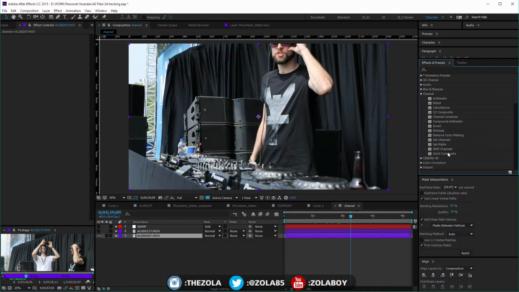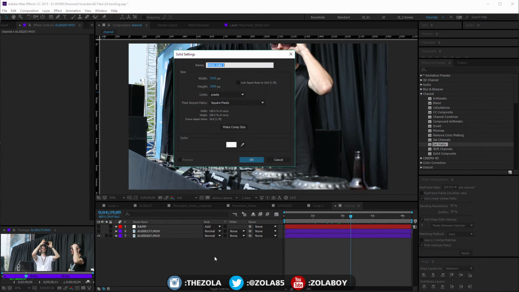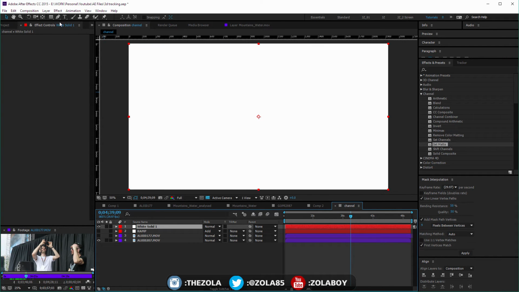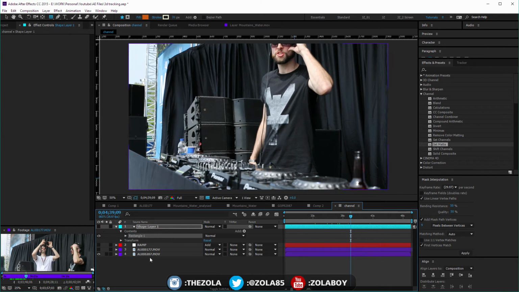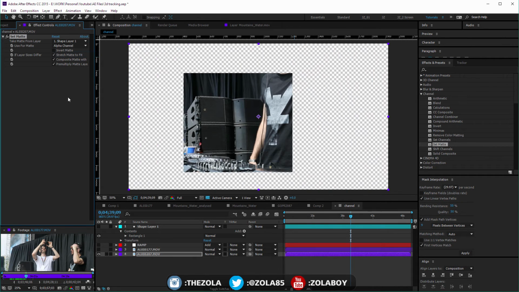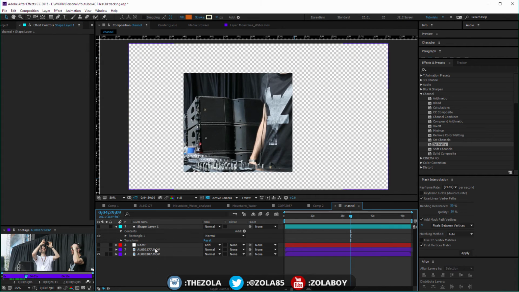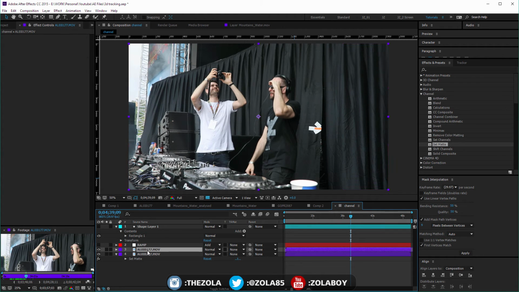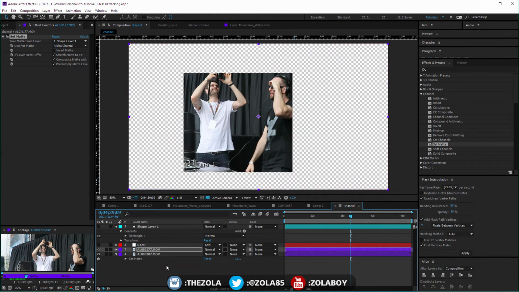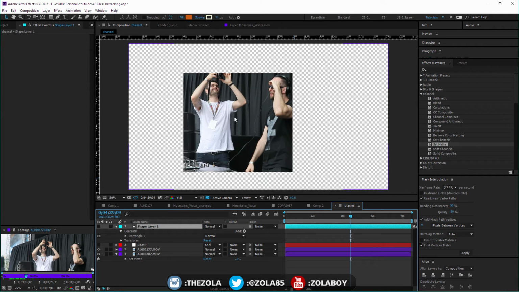Last but not least, we have Set Matte, which is pretty useful. If you have a layer that you want to use for several layers, let's do this with a rectangle. I'm going to create this rectangle, turn that off, come into here, apply Set Matte, and use the shape layer. Now what this means is that I can just copy and paste this effect, copy and paste this effect,